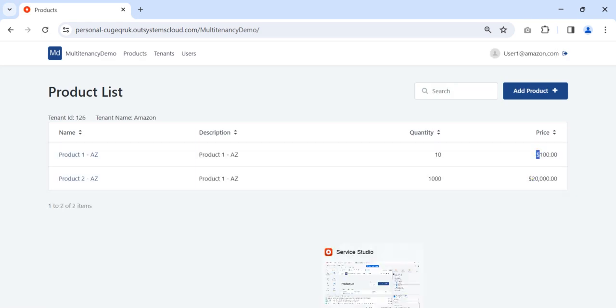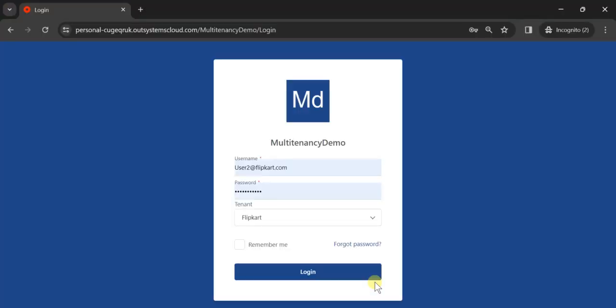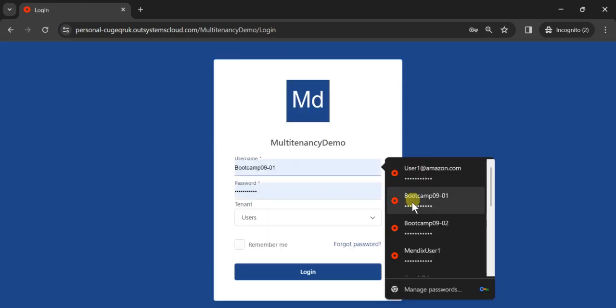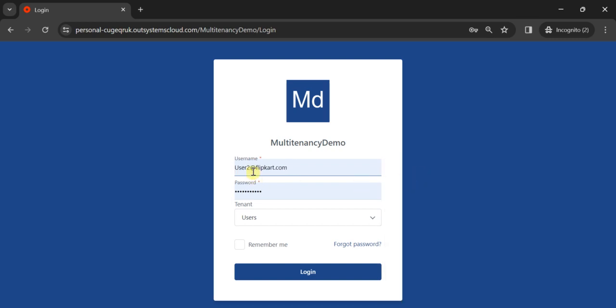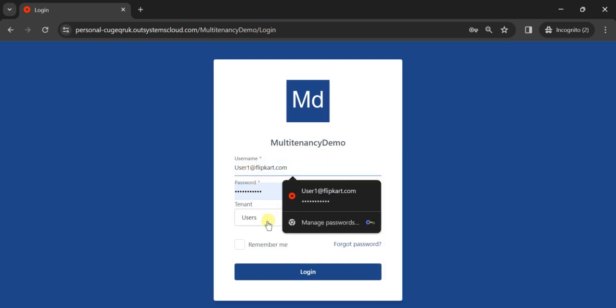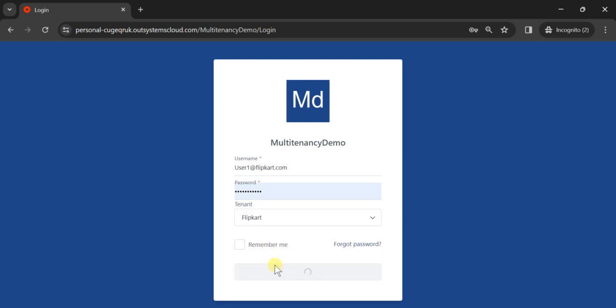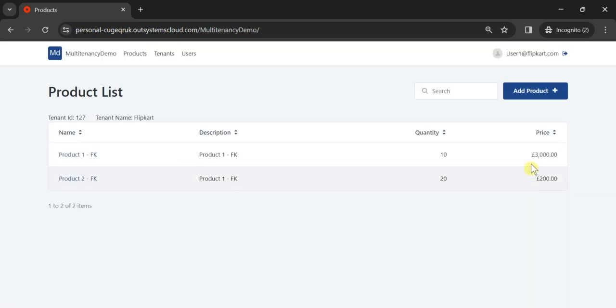See, now let me go to incognito mode and open the same application, but this time let me open the Flipkart tenant. And let me log in. The expectation is that it will display the price with the pound symbol. And see, it displays. And let me go back and let me log into